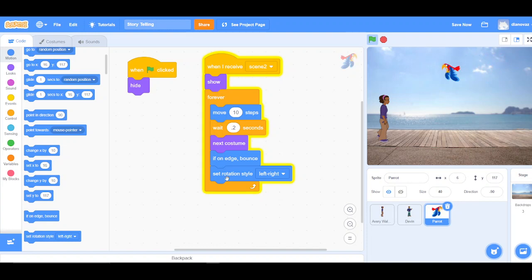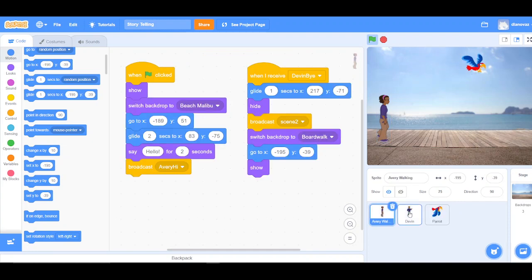So again, we can use this as a storytelling tool to tell lots of different stories and make it work in a bunch of different ways. You don't necessarily need the broadcasts, but it's a nice way to communicate to a whole bunch of sprites at the same time if you're having trouble making